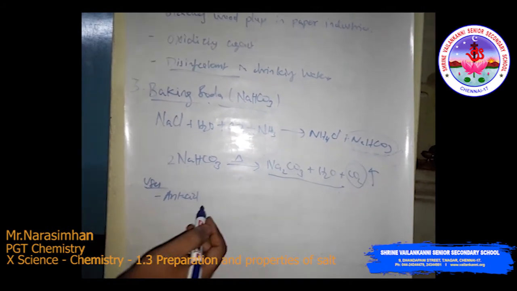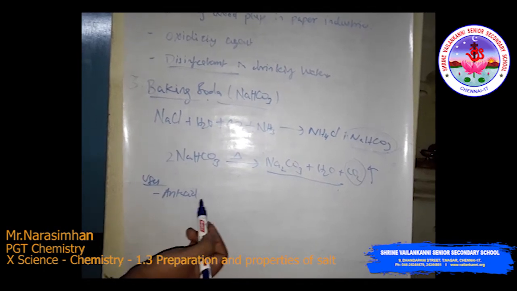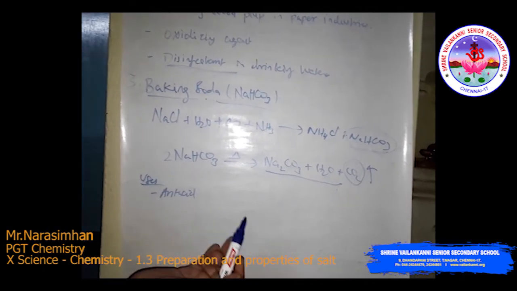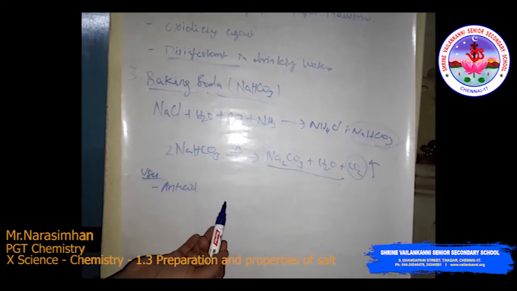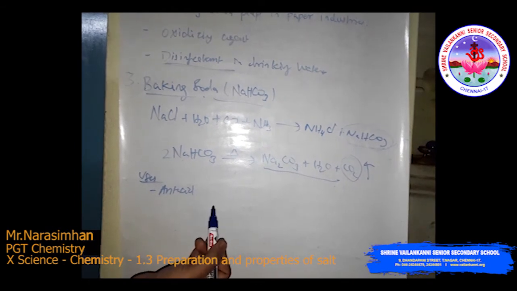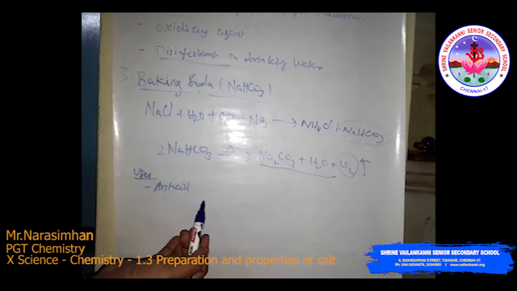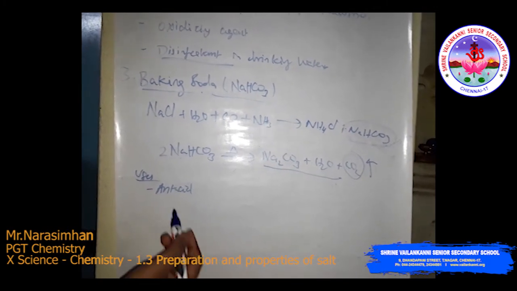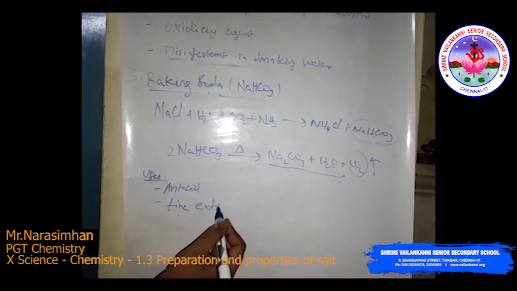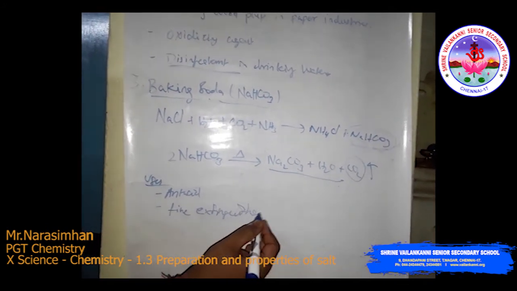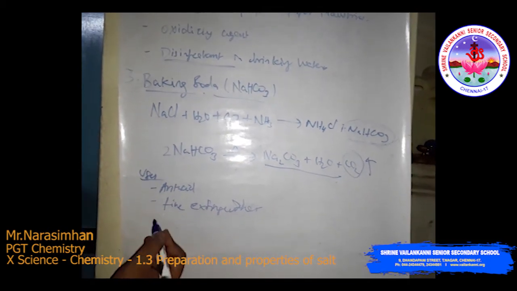What are antacids? It is a mild base, so it is used as an antacid. Already we discussed that the stomach produces more HCl, so acidity increases. So we have to neutralize it with a base. So it acts as a mild base and is also used as a fire extinguisher, and in baking powder, like